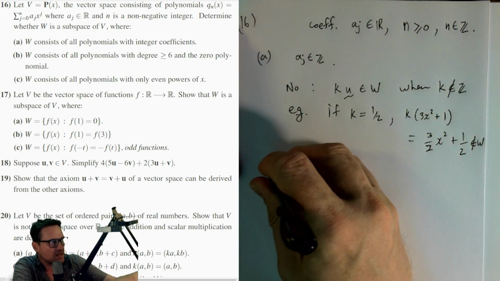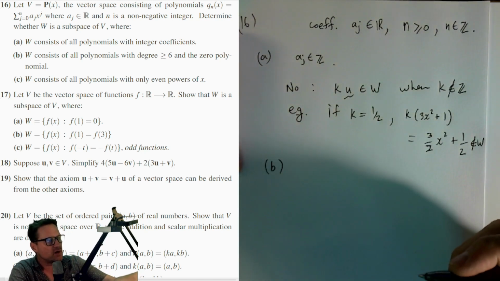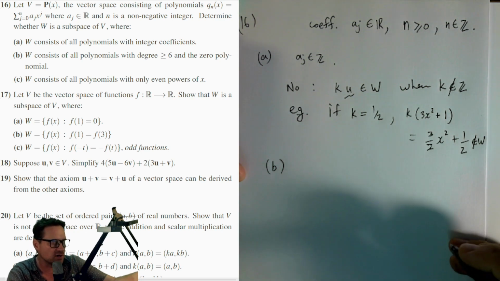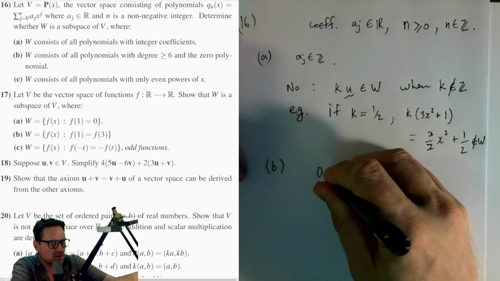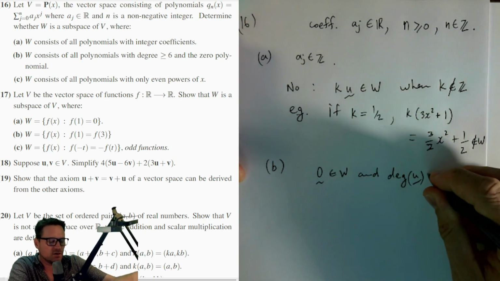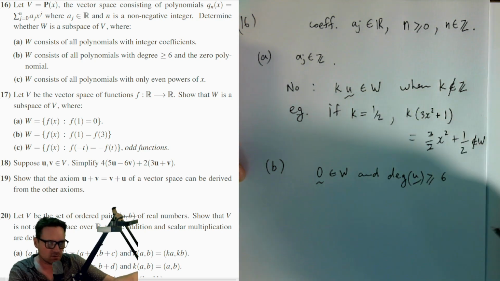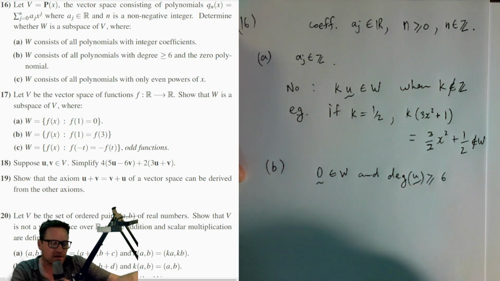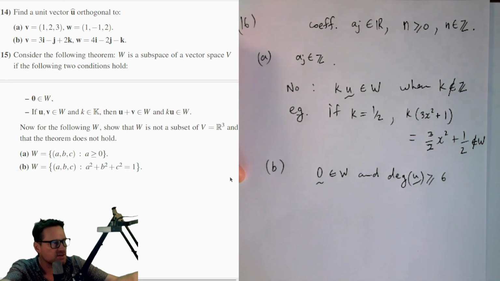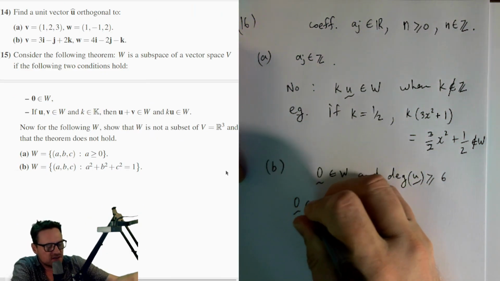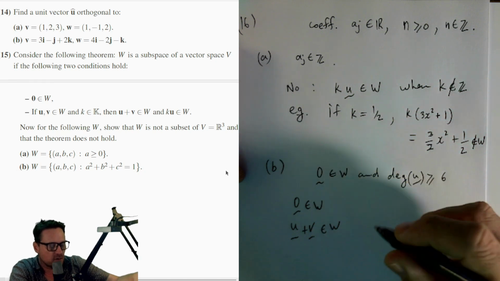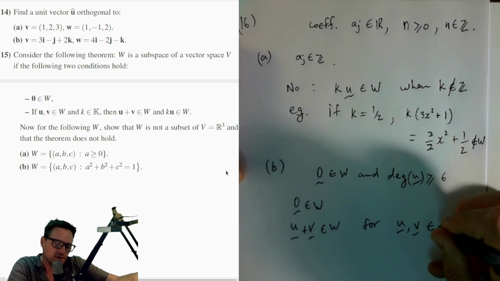Okay, part B, W consists of all polynomials with degree greater or equal to 6 and the zero polynomial. So the zero polynomial is in W and the degree of U is greater or equal to 6 for all U that are in W. Okay, so using the subspace theorem above, we have 0 is in W and U plus V is in W for U and V in W. In other words,